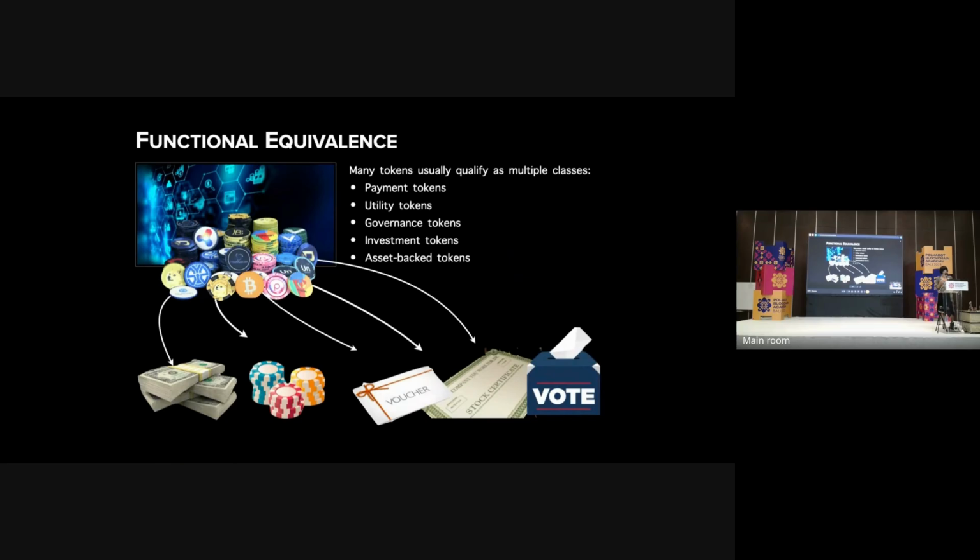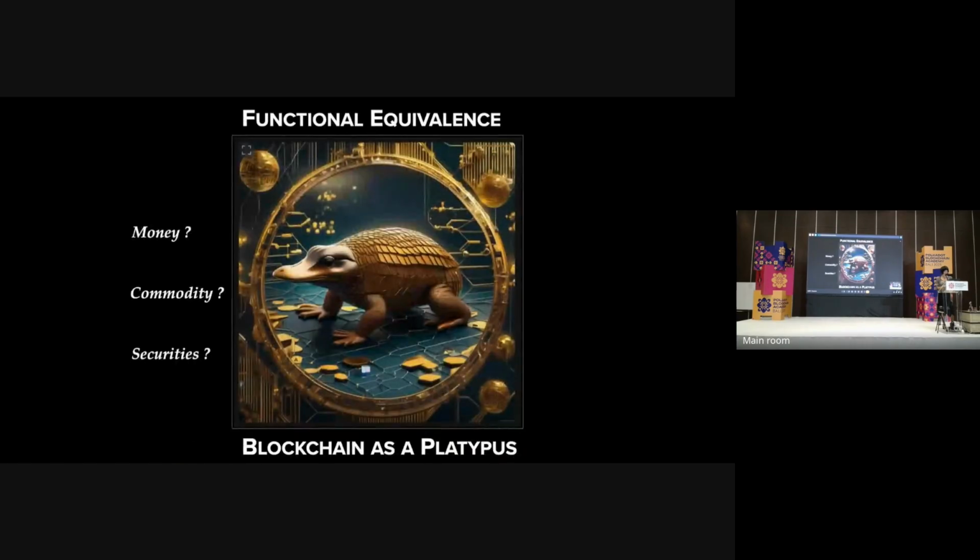And so independently of the technicality, independently of the operationality, to the extent that the function is similar and that it raises similar risk, then it will also be regarded as being functionally equivalent and be regulated within the scope of traditional IPO shares. So what this means is that when we apply functional equivalence to the blockchain, we realize